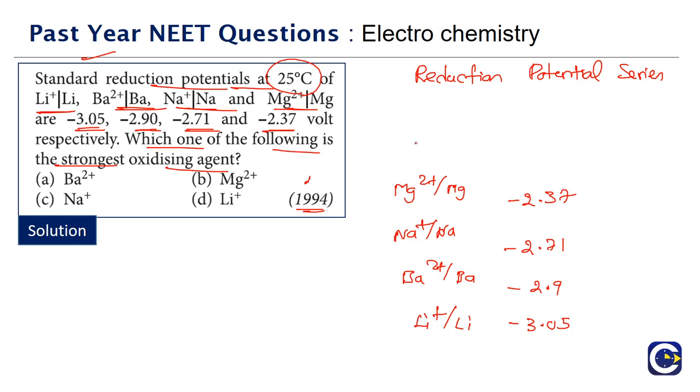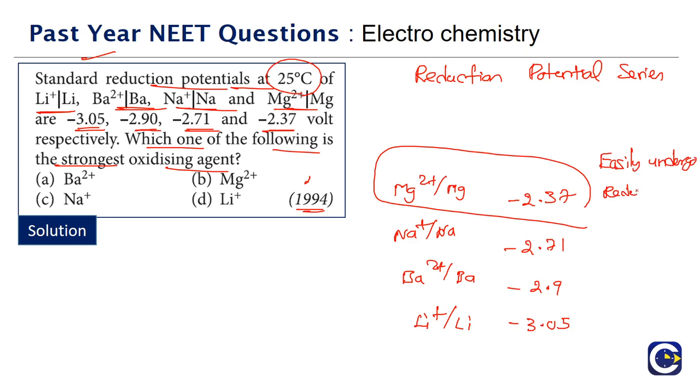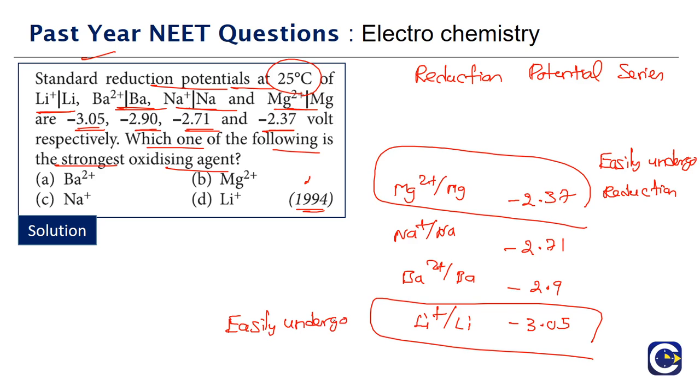So if you have the substances at the top, means what? Here we are not talking about the actual value, we are talking about the relative. The top ones will be able to relatively easily undergo reduction. Now when I say easily undergo reduction, it is not like magnesium will actually undergo reduction. We are only talking in terms of the relative. The bottom ones, the least, will be able to easily undergo oxidation. Again, we are only talking in terms of the relative.